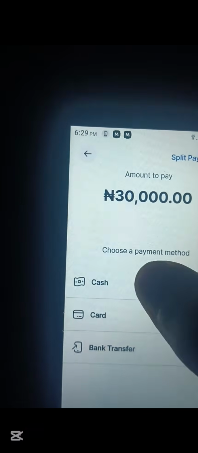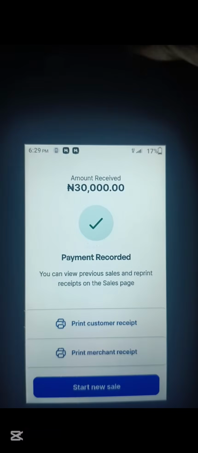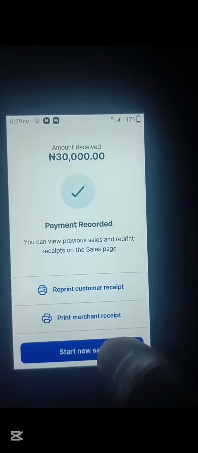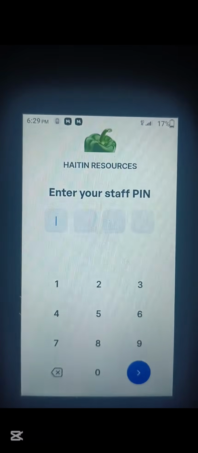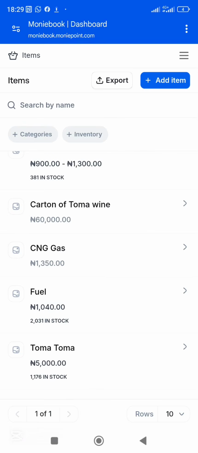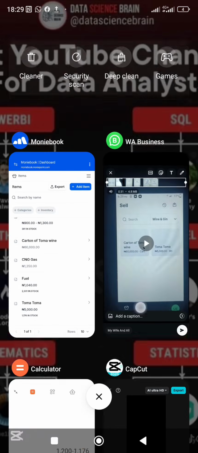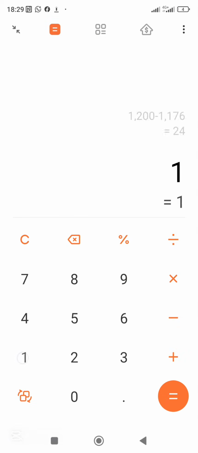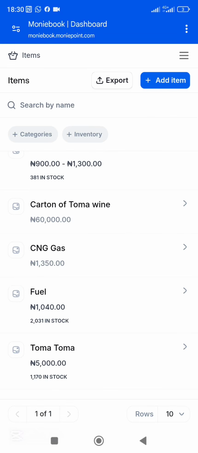If we check out, you see we are checking out, it is also going to show you this. So let's see how it will look on the dashboard. Okay, so we are back to the dashboard. You see here the stock is 1,176 in stock. Welcome back. If you can see, our stock has now reduced to 1,170. So based on this calculation here,